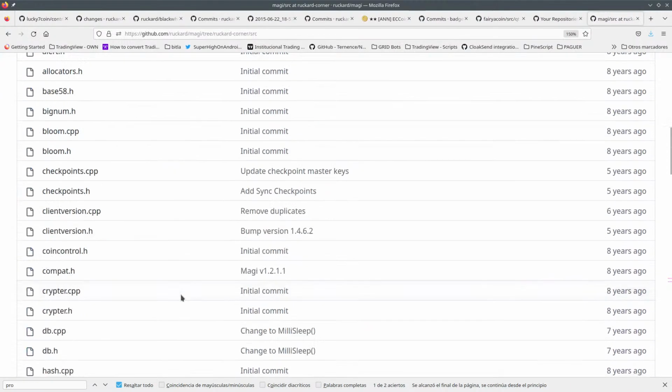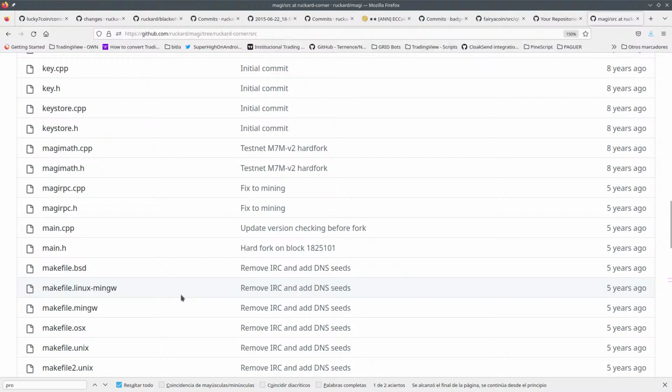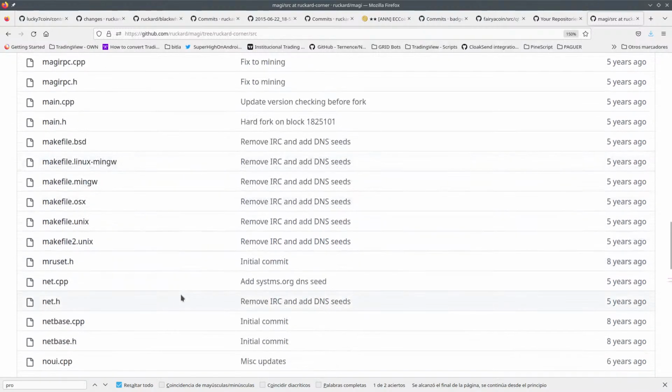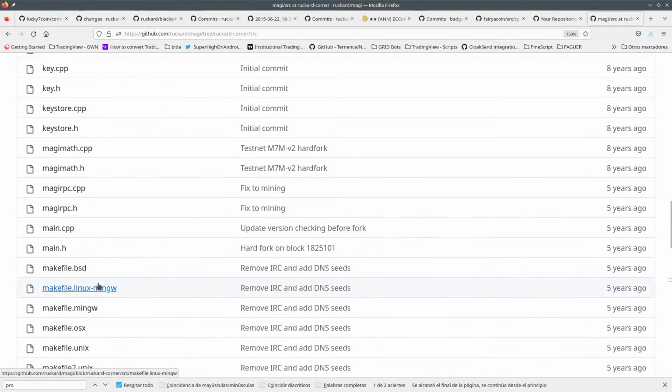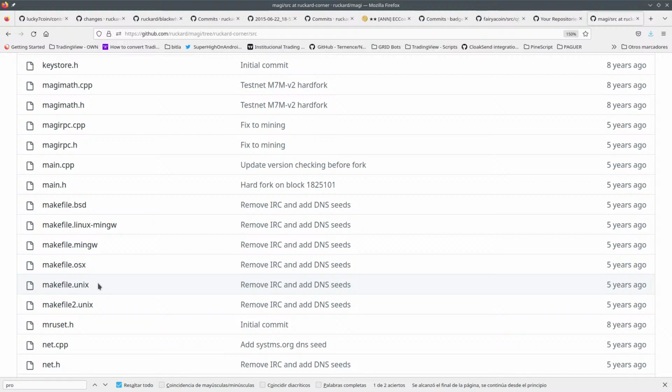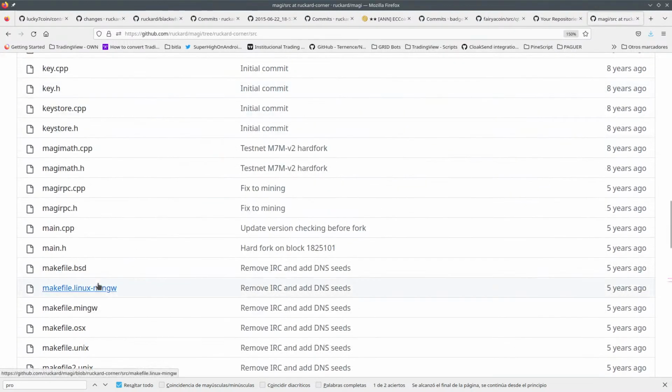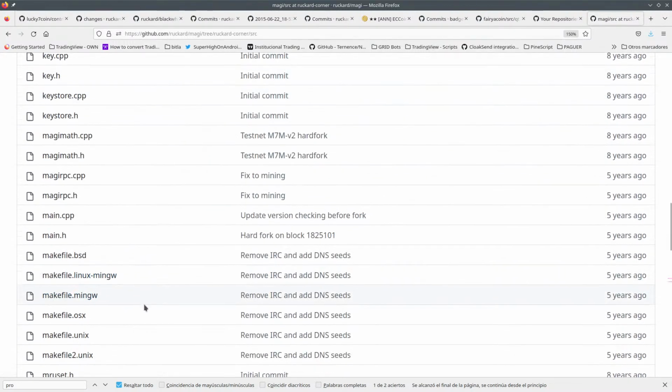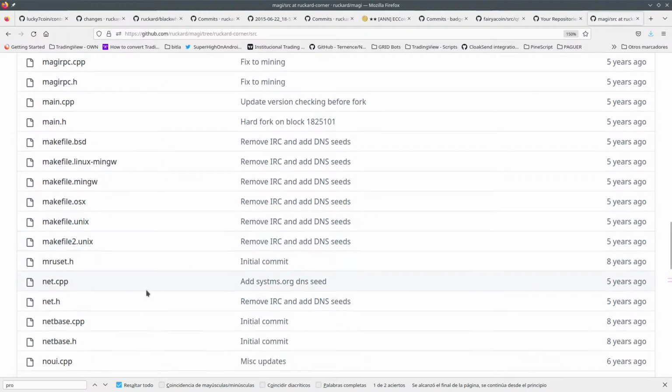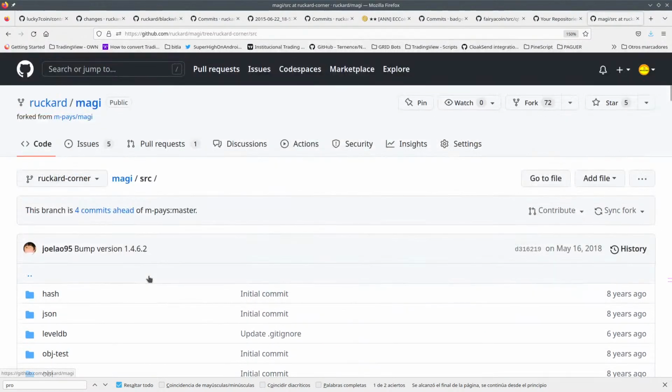No, it's not here. Yeah, probably makefile.unix is used by default. Maybe you use makefile -f on the file Linux or whatever. Not sure. Anyway,